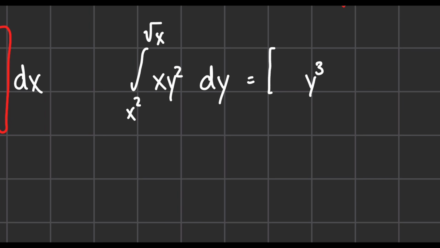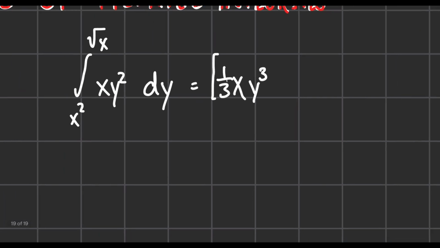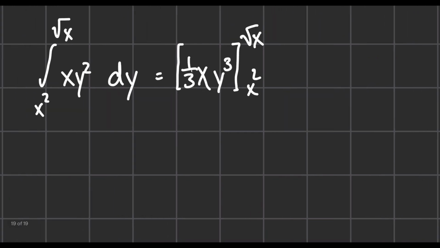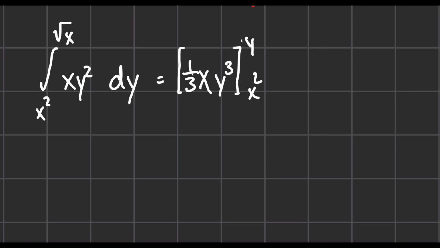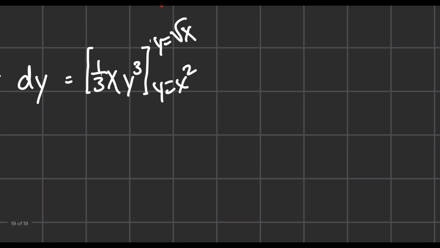So the y is going to get another power, and 1 divided by the new power, right? But we mustn't forget the x, like so. And then the upper bound is the square root of x, and the lower bound is x squared. And don't forget that we are integrating with respect to y, so we fill these bounds into the y and not into the x, like so. So when filling it in, we get